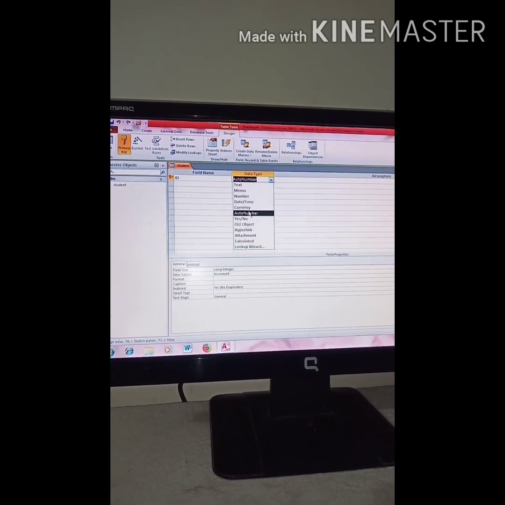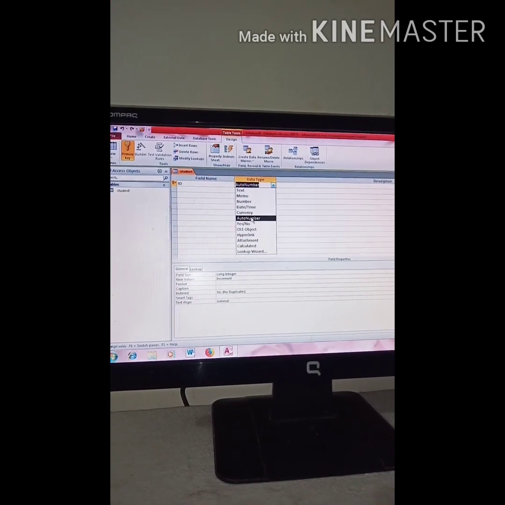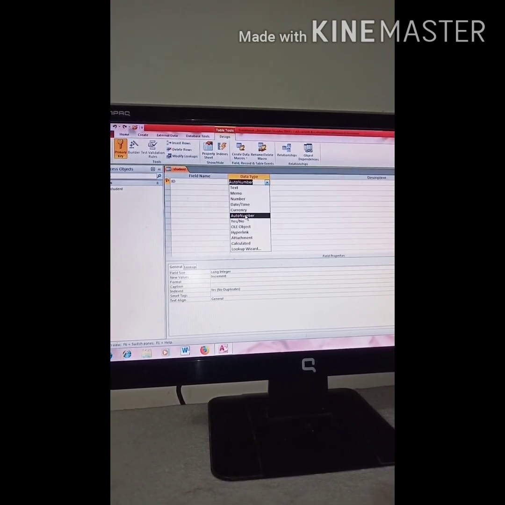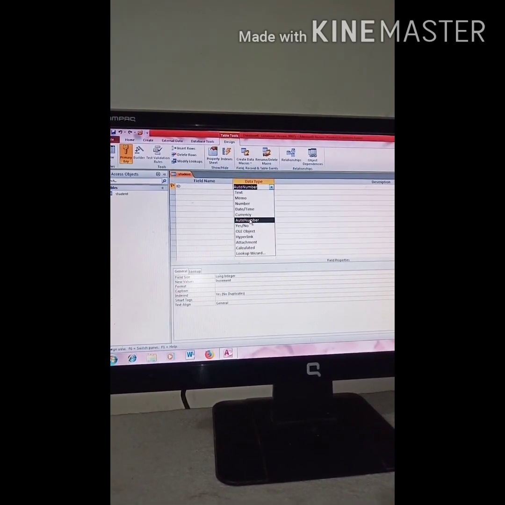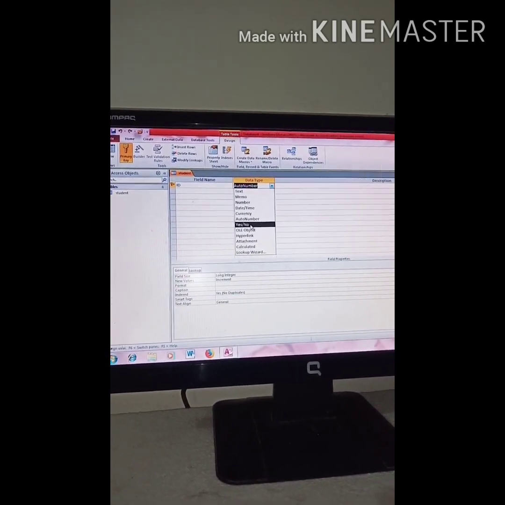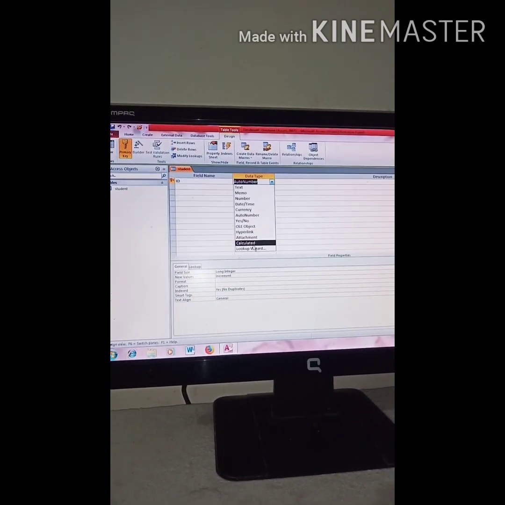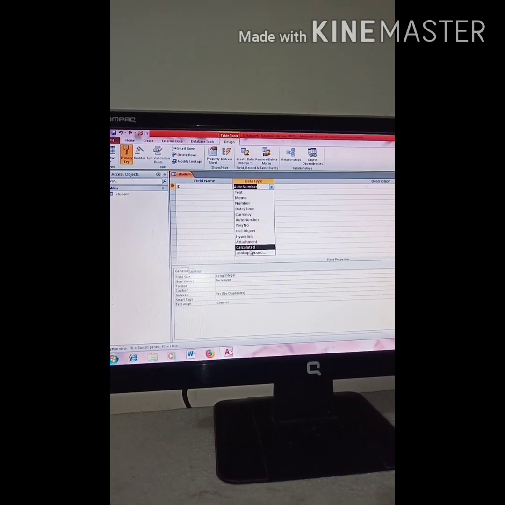Auto number basically works with primary key. Auto number takes the numbers automatically. Suppose if you have entered 1, as soon as you go to the second line, it automatically turns to 2. Yes/No if you want to give any choice. OLE object to insert any image. Hyperlink to insert any email ID. And attachment to insert any photo. So these are the variety of data types available.